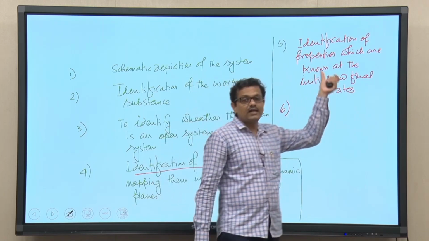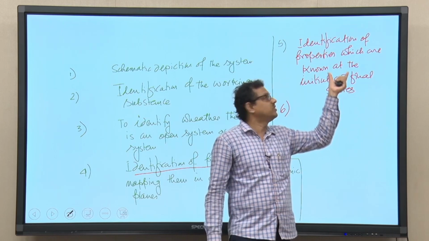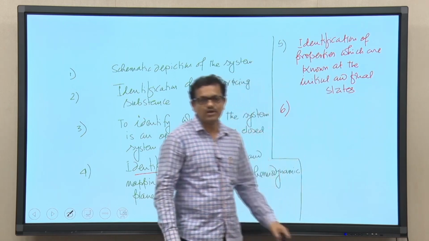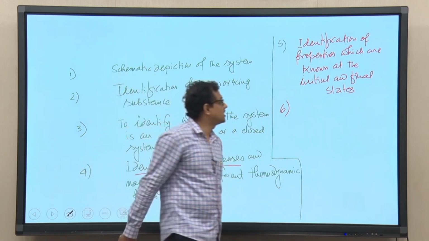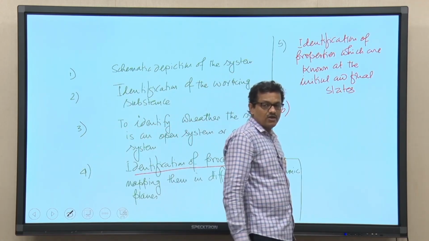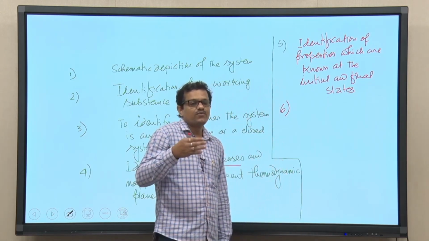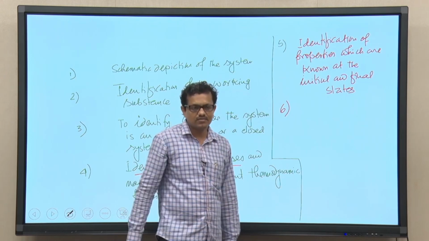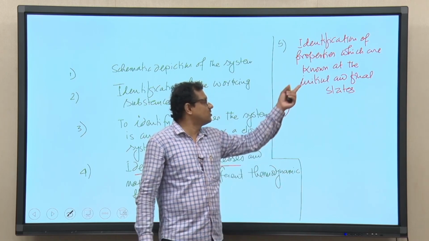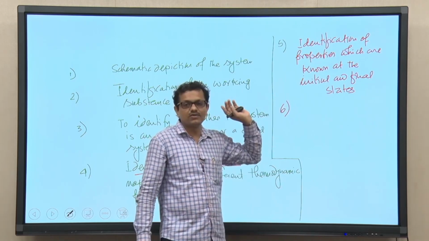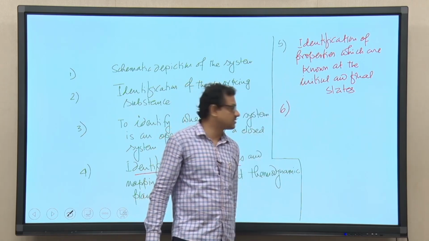So, at the inlet and the outlet, basically the process is almost an isothermal process. So, we can identify what the temperature is. Similarly, we also can calculate properties which are known at the initial and final states, right. So, we know that when water is pumped from the condenser pressure to the boiler pressure, then temperature is remaining almost constant. So, we know that in a pumping process the temperature is remaining constant. So, basically this is the property, temperature, which is remaining constant at the initial and final states.